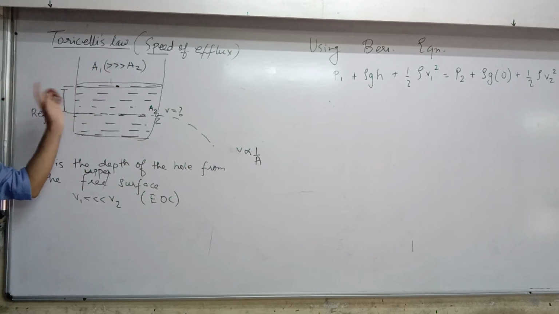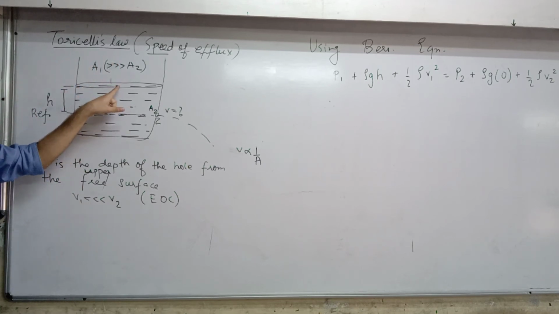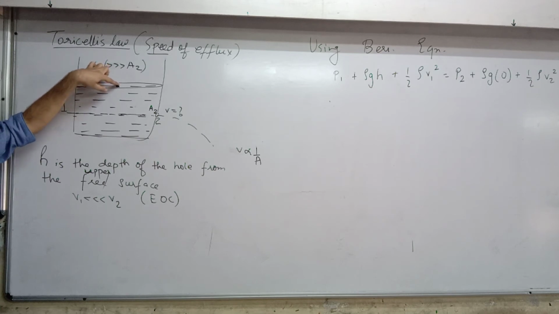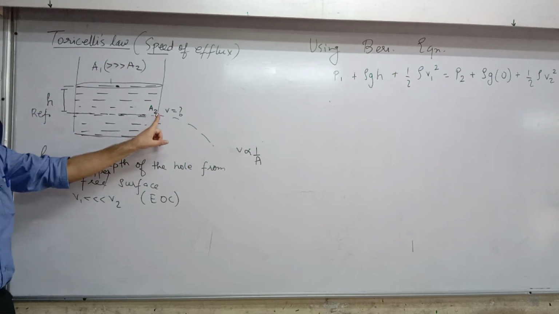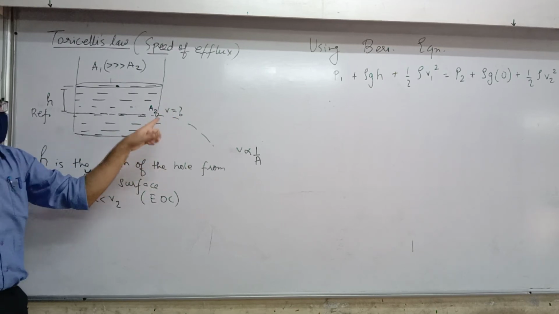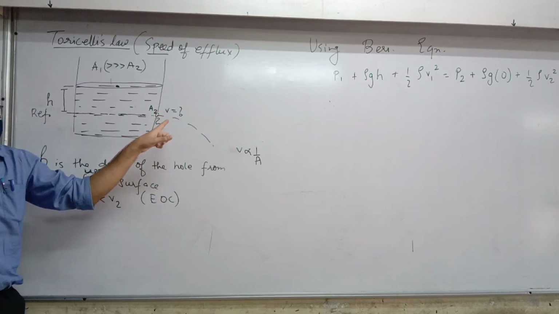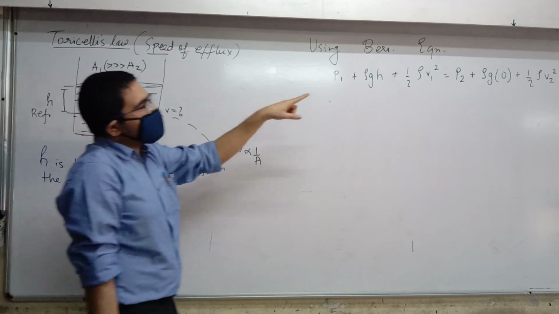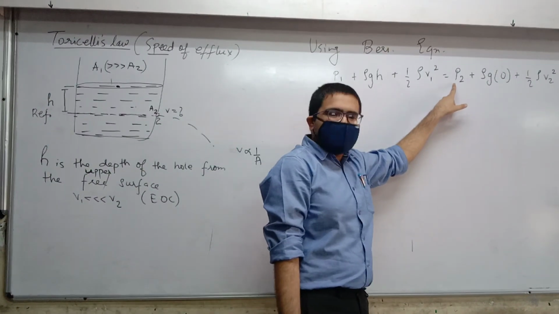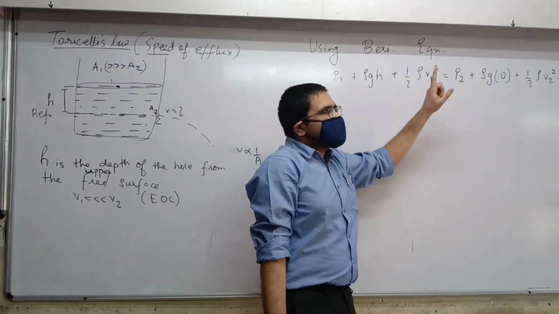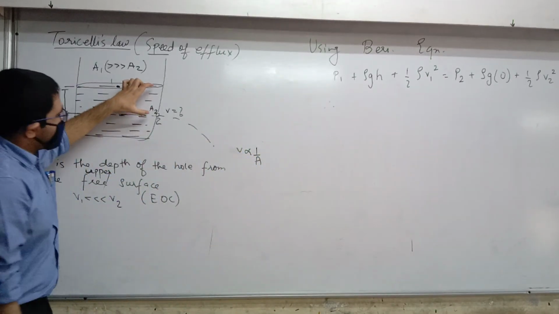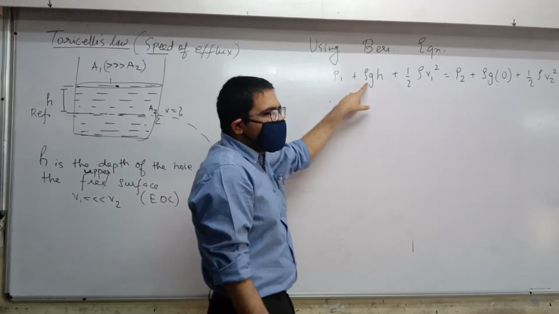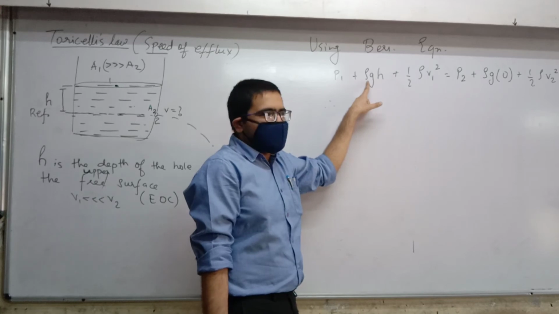Now, it is that P1 and P2. What's P1 here? Who is applying pressure at this highest point? Atmospheric pressure. Over here where the hole is, there is also air that is applying pressure. So P2 is again atmospheric. You don't have to consider the pressure of this part. That is already included here. I want you to understand.